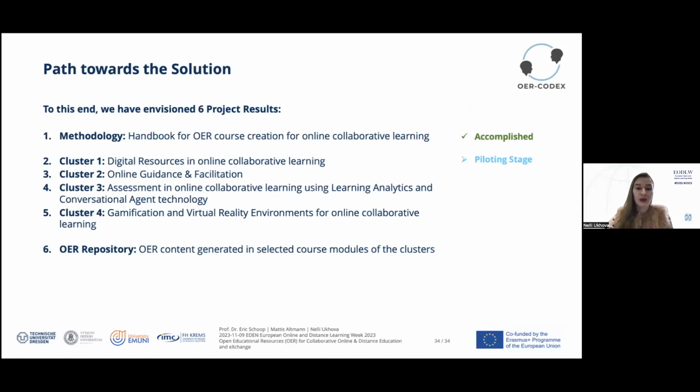Clusters 2 and 3 are focusing on online guidance and facilitation. It refers to e-tutoring, also something that was mentioned today by Mattis, Altmann, and Professor Schoop. We will also be dealing with assessment in online collaborative learning with the help of learning analytics and conversational agent technology.